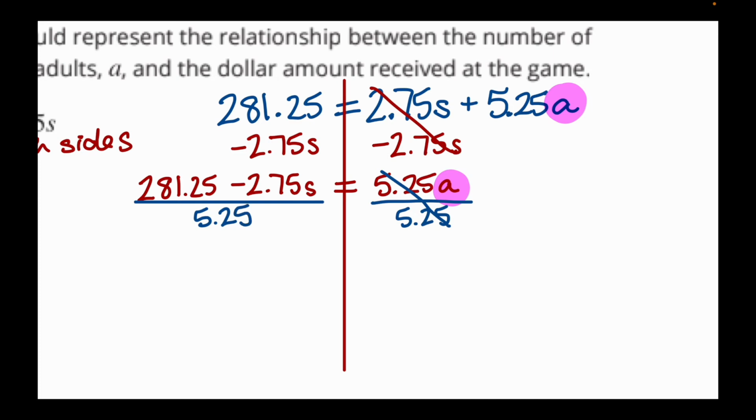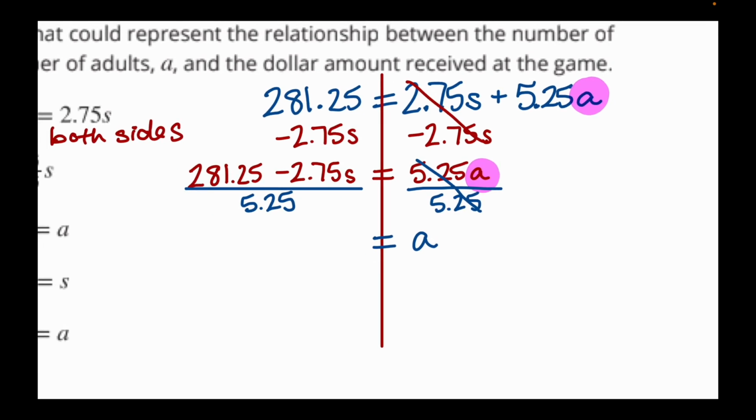And we can simplify those separately. So on the right-hand side, the only thing left is a. But I can actually separate this into two things. I can call this 281.25, and I'm going to divide that by 5.25. And then I'm subtracting 2.75s over 5.25, because something tells me,